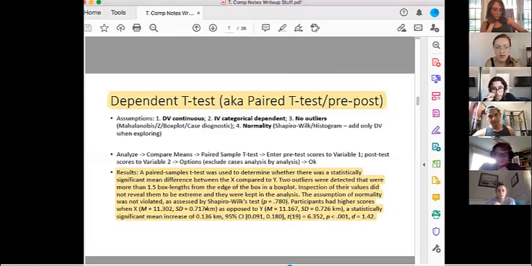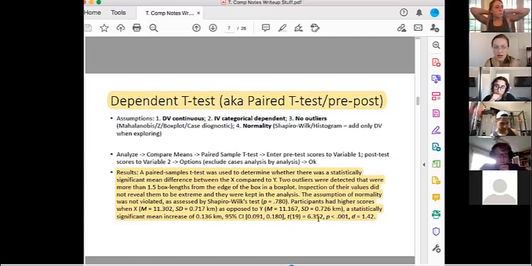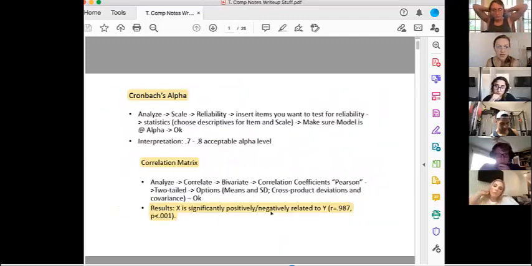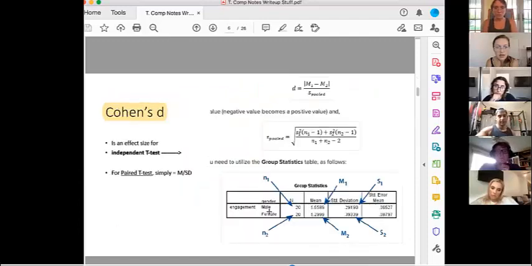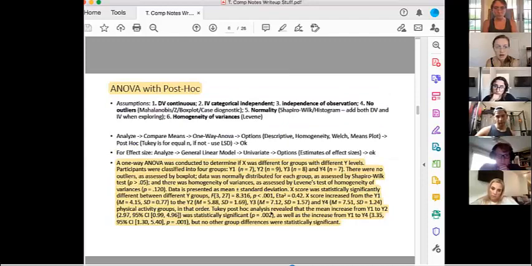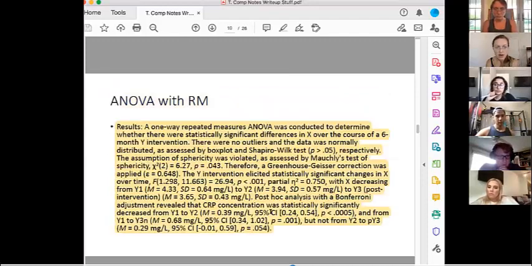I don't know if it has to be this exact, every single word, but know that, see this last bit over here, that is the APA way to write results, right? Where you have the statistic, the t or the F, in parentheses with the degrees of freedom, then what the score is, p-value, effect size, right? Know how to do that. And yeah, in here, we have chi-square, t-test, ANCOVA, Anova with post-hoc, different kinds of Anovas,